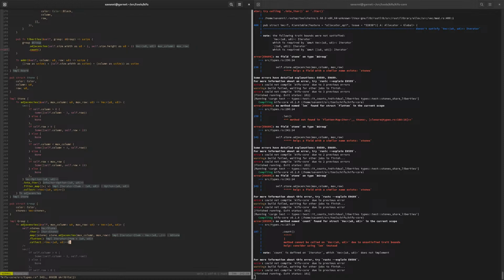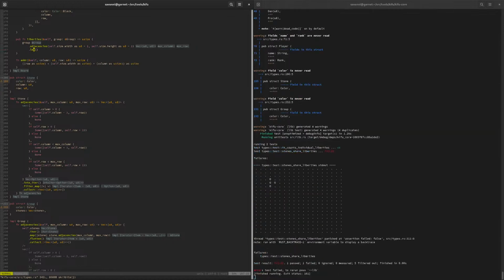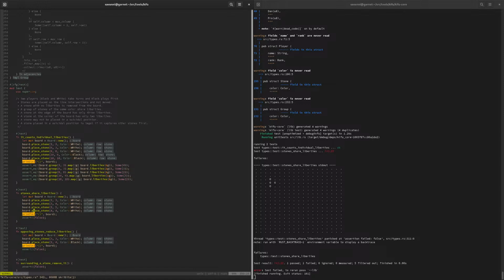Not quite right. Well, what is line 187? Ah, I'm returning a vector, but still calling count. Count is only on iterators, call len on vectors. Okay. I think I forgot to write in the actual assertion for the number of adjacencies. I totally did. Assert EQ, board.group at 44